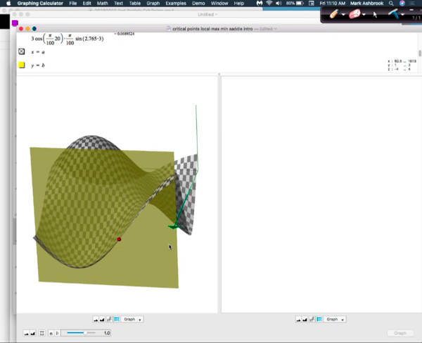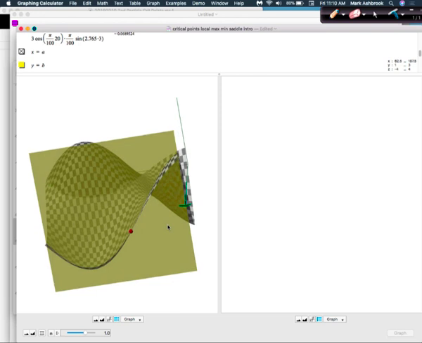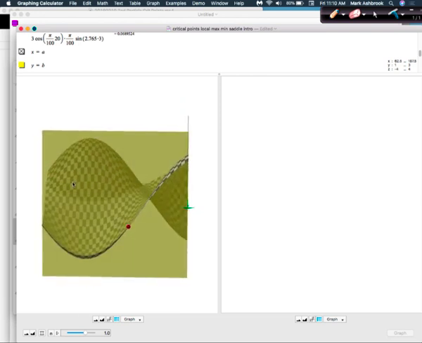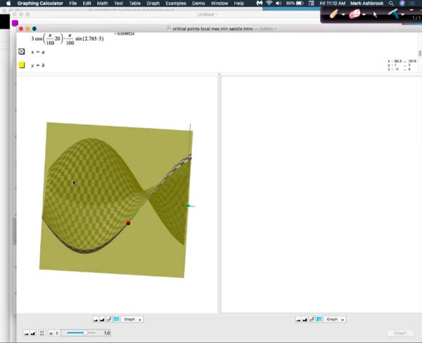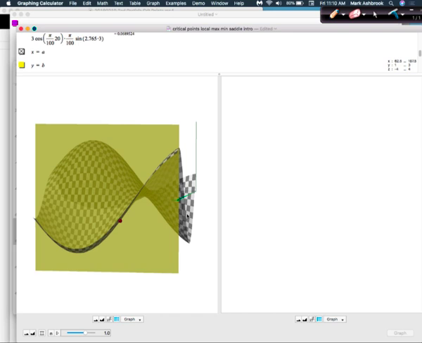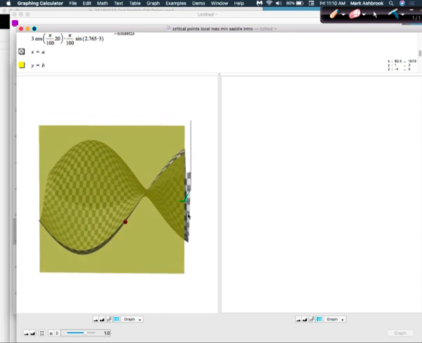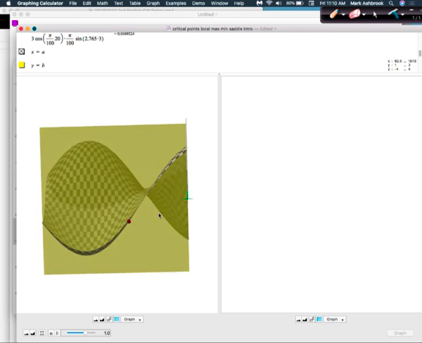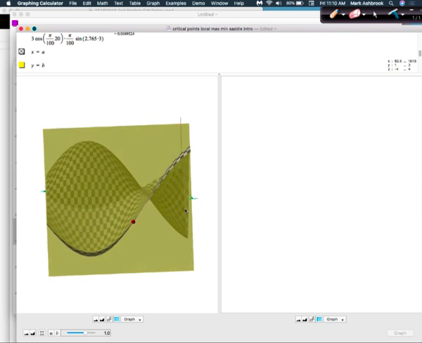Increasing? I was going for something different than that. Maybe like that. That's pretty good. Okay, yeah, so